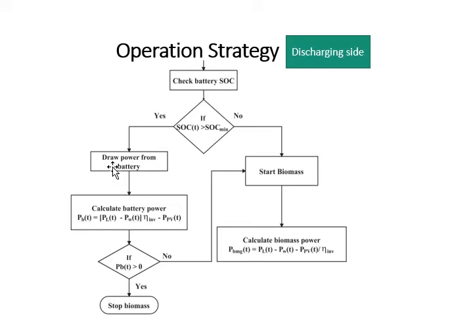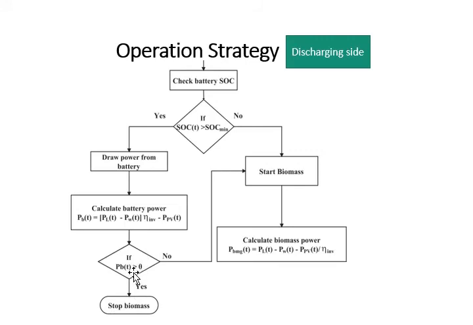So first of all, if we draw the power from the battery, what will be the remaining power? That is the load after subtracting the wind turbine power multiplied by the inverter efficiency, which was met by the wind. The deficient amount will be provided by the battery. So we check whether the battery was able to meet that load demand. Yes, the battery has sufficient capacity to meet that deficient amount. So in this case, provide it from the battery and do not start the biomass or DG or whatever you have.